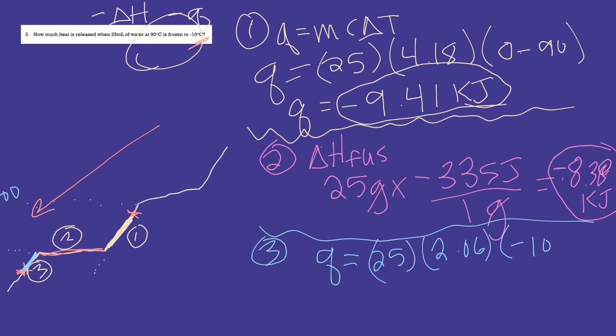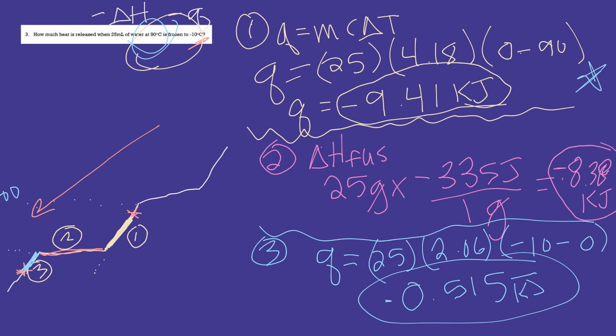So the final temperature is negative 10, and we started this segment at 0. So it's not all the way back up to this 90 because we already took care of that up here. We're only doing this segment. So 25 times 2.6 times negative 10, and we're going to divide by 1,000, so we get